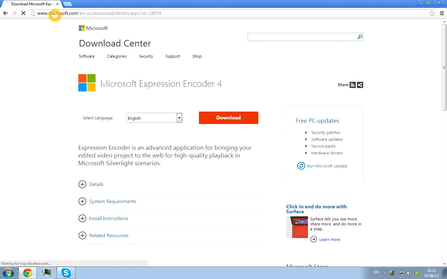There it is, the official website of Microsoft. But you can see the name is Microsoft Expression Encoder 4. You're going to change your language if you want, but I'm going to stay on English. If you want to download it, you just go simply on this red button that is typed on it,